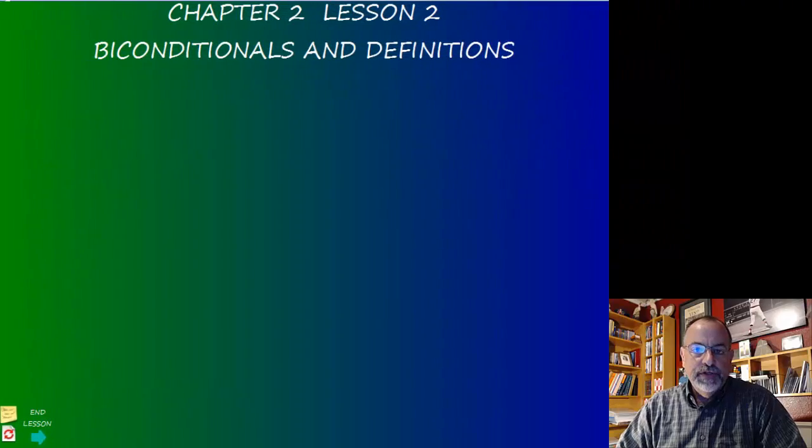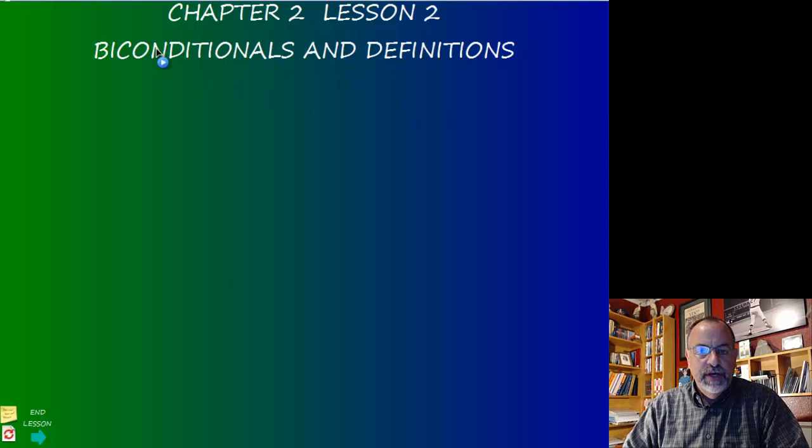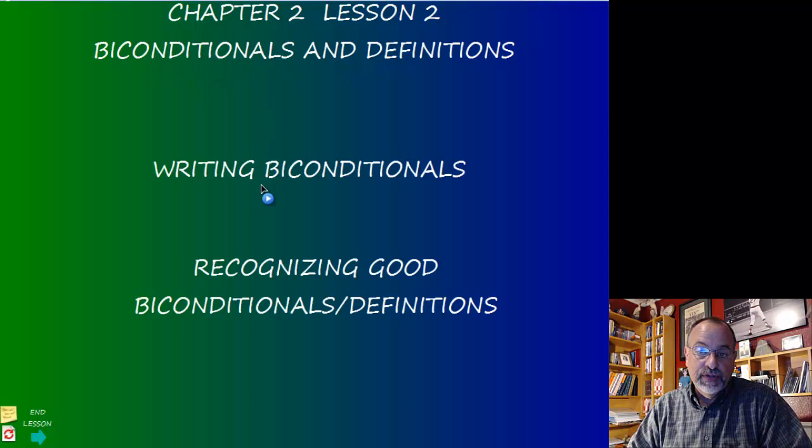Chapter 2, Lesson 2 of Geometry, we're going to look at biconditionals and then definitions. Biconditionals is the word conditionals, which we studied in Lesson 1, with the prefix bi meaning two. So actually we're going to be looking at two conditionals. And we're going to learn how to write those biconditionals and then how to determine if a definition is a